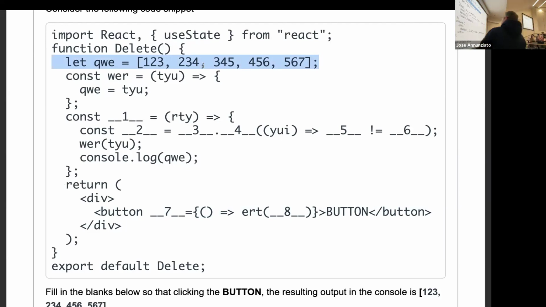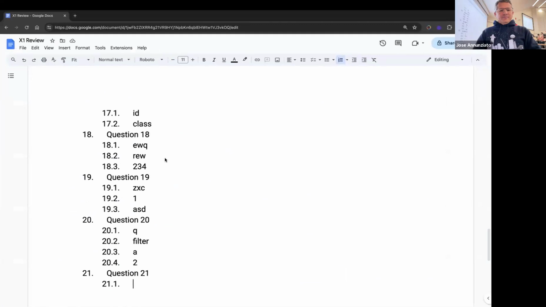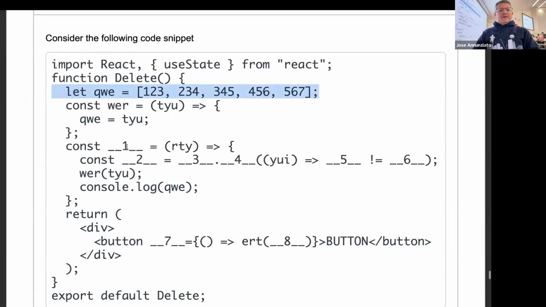So again, 7 is probably onClick, and we're going to call the function ERT. The only function here that doesn't have a name is this one, so 1 must be ERT. So it's ERT, and we're passing probably